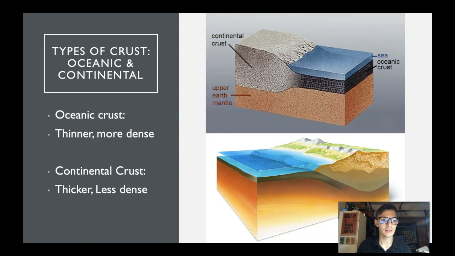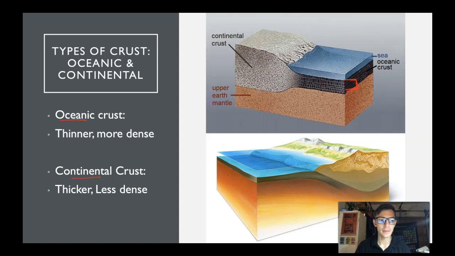Let's go over the two different types of crust. First, there's the oceanic crust, and as the name says, it is the crust that is over the ocean. This crust is thin and rather dense when compared to what's called the continental crust. So the oceanic crust is very thin relative to the continental crust and is dense. Even though there's less of it, it actually is a denser crust overall because it is a little bit more